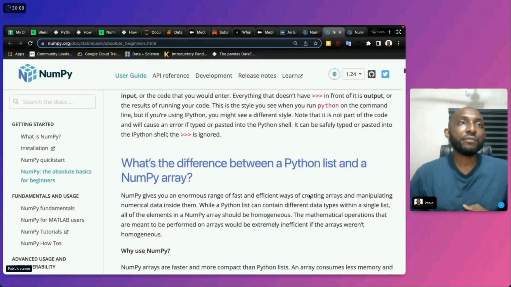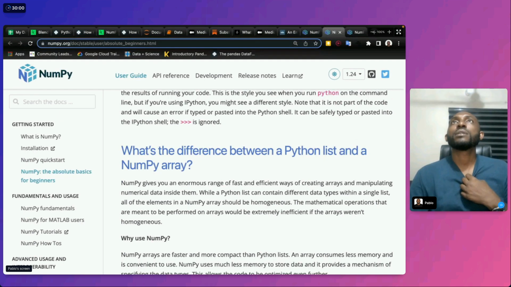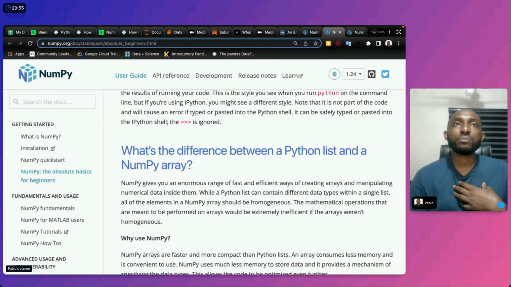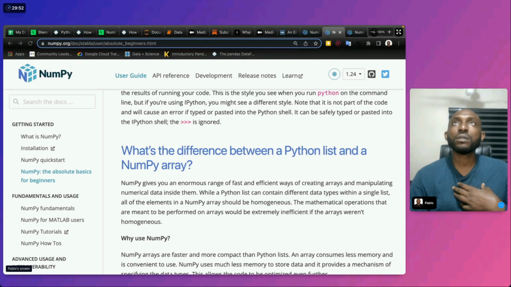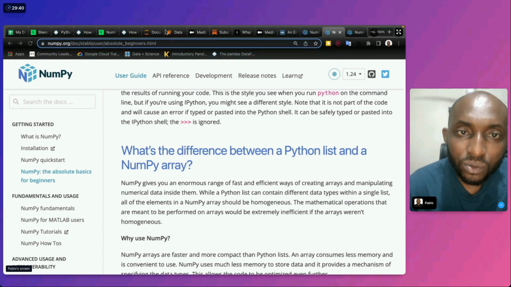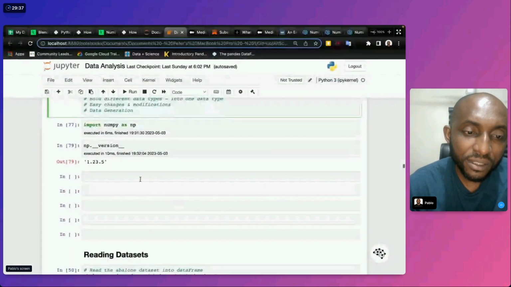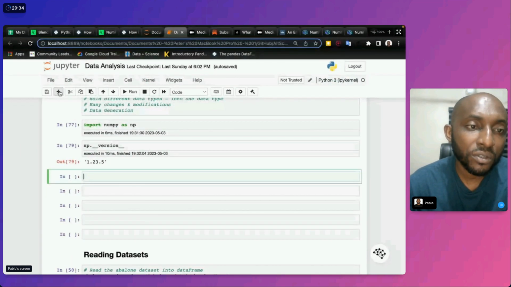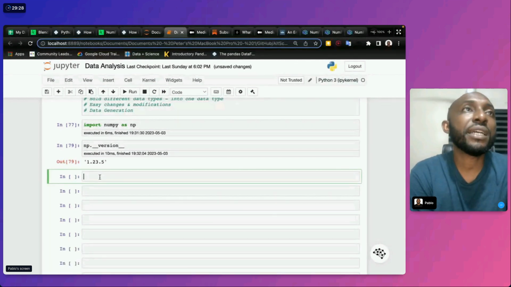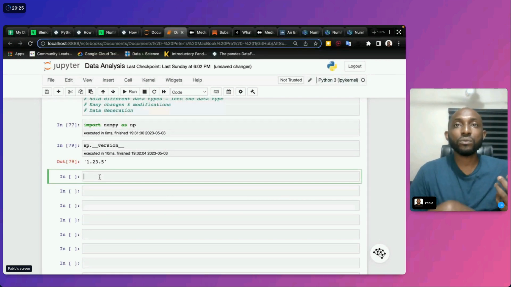Again, NumPy arrays often look like lists, but they are entirely different from lists. In fact, there are things lists can do, and you can convert a list to an array, which makes it really cool. So a lot of the stuff that you can do with NumPy and the advantages NumPy has, it's so much. So let's look at a little bit of the philosophy, which tells you the kind of things that NumPy can do.